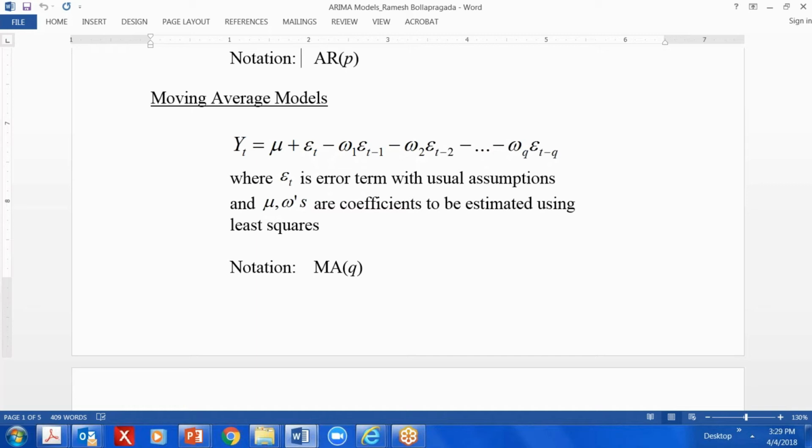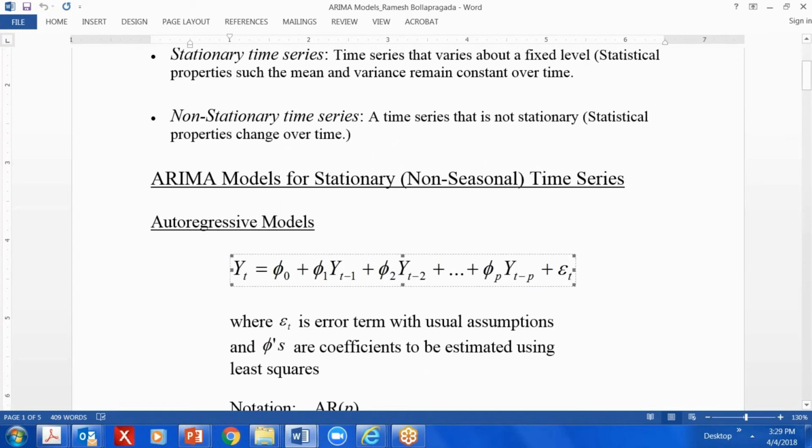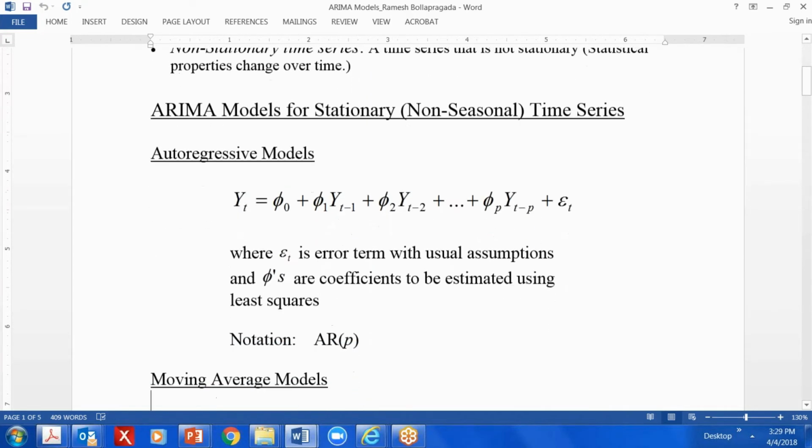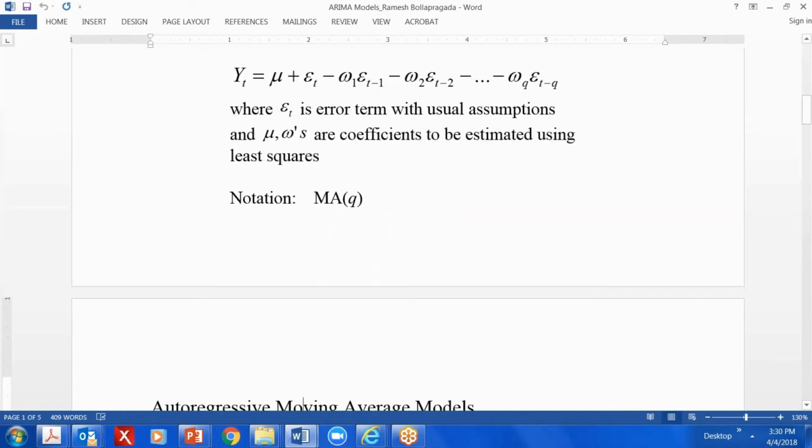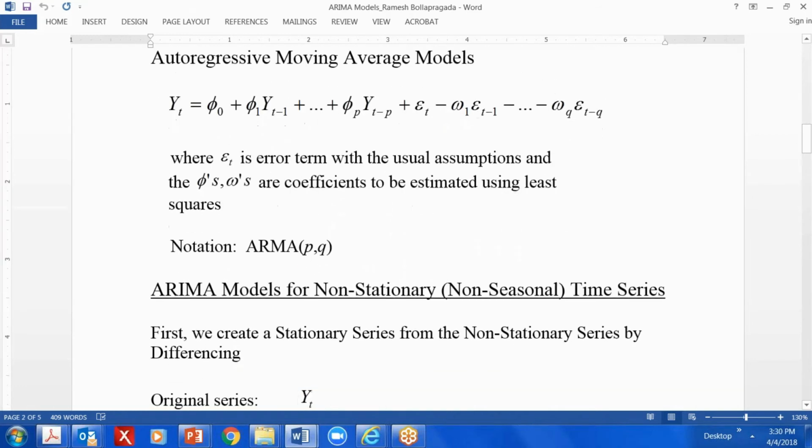So in simple terms, I think it is denoted as MA(q). Q is how many lags of error terms you want to consider. We probably don't have to go into the details of all of that. At this point, all we have to know is what an AR is, what an MA is, and where they come from.